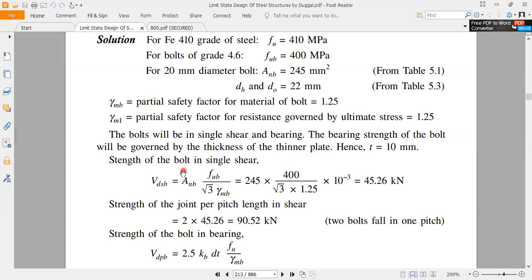Safe जो होगा वो हम लोग assume करेंगे. That means safe होगा इसमें अगर हम लोग assume करेंगे कि ये shear plane threaded portion से pass करेगा तो, है ना? Because thread portion से pass करेगा तो क्या होगा? Area less होगा. Area less होगा मतलब strength हमारा कम आएगा. That is safer ना? Okay.